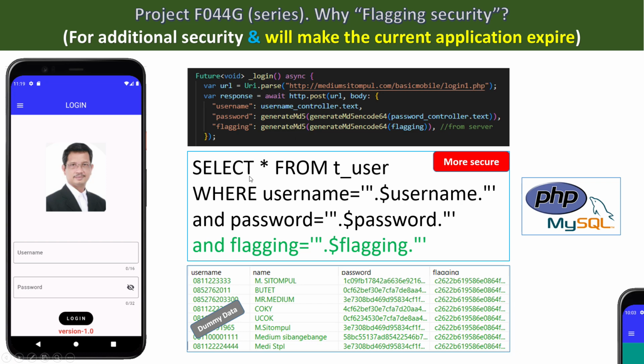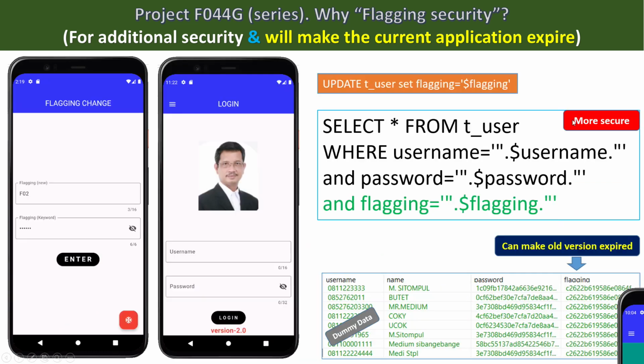Okay, this is the backend script. We process the username, password, and also flagging. If we change this flagging, these guys cannot log in to this application. Okay, we can make the old version expire if we change this flagging. This is the one click.